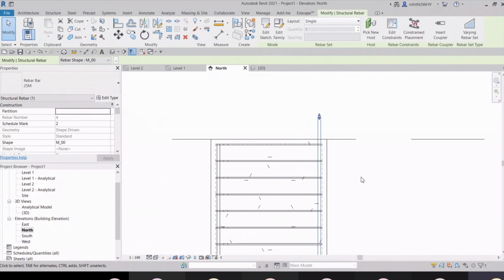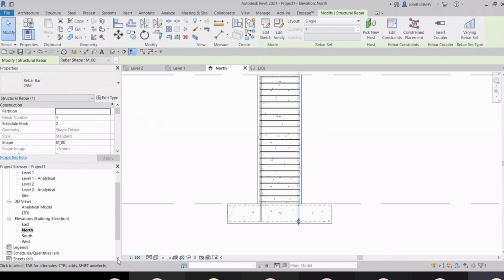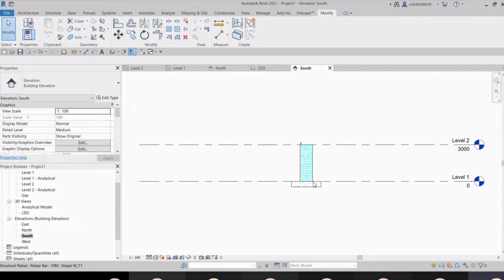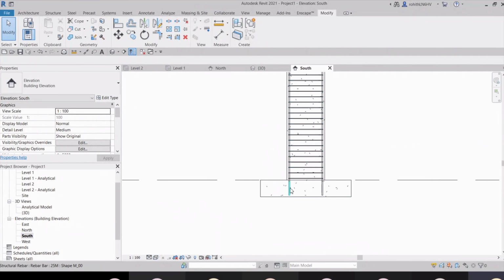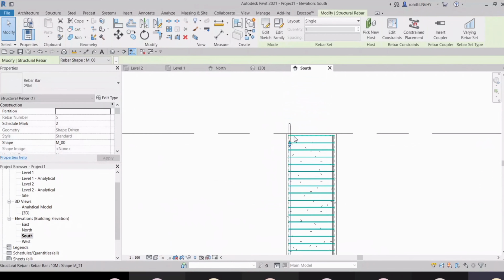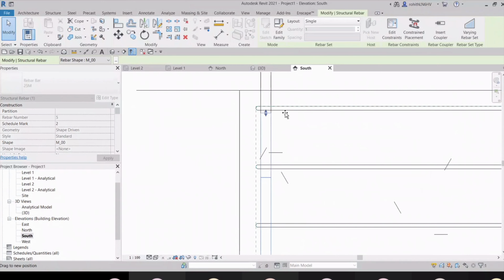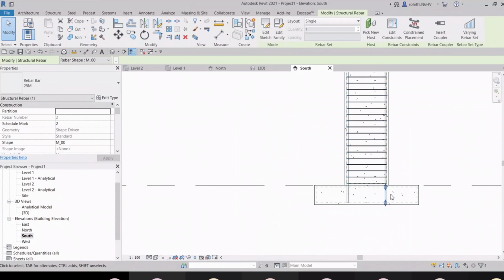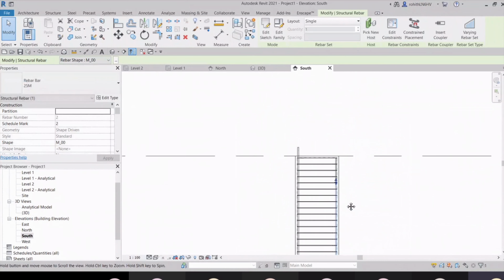All right, and you need to change the elevation, because from this elevation only these two can be visible and selected. You have to select the other two. So go to the south, and on the wireframe, there you can see that this one needs to be stretched till there, and select this, stretch it.